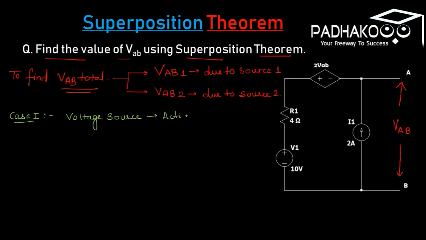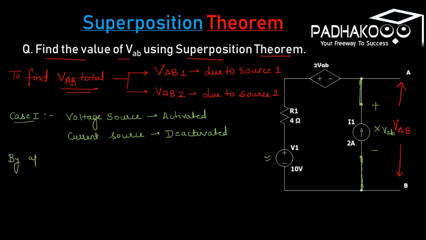Here the voltage source is activated and the current source is deactivated. So by applying KVL, we have to deactivate this, and this current source gets eliminated from the circuit, and it is replaced by its internal resistance. That is, we can replace it by an open circuit. So we are left with an open circuit. So by applying KVL from